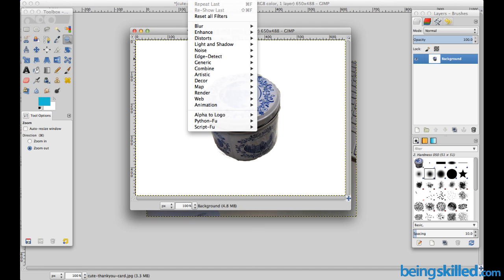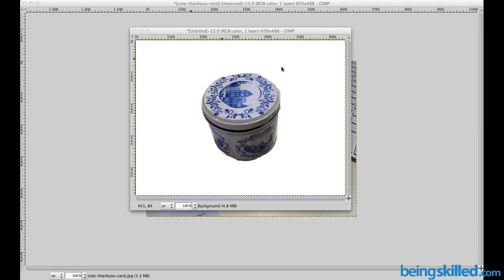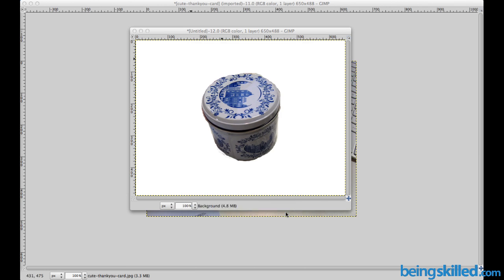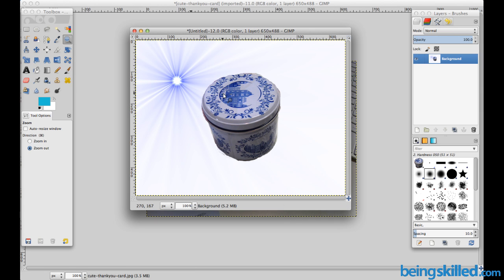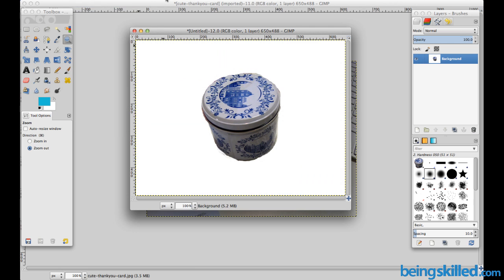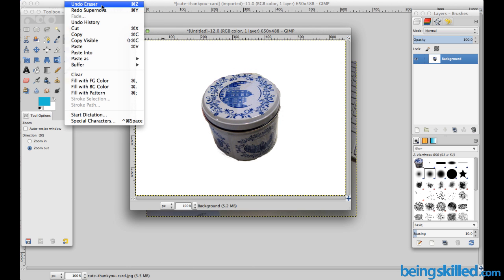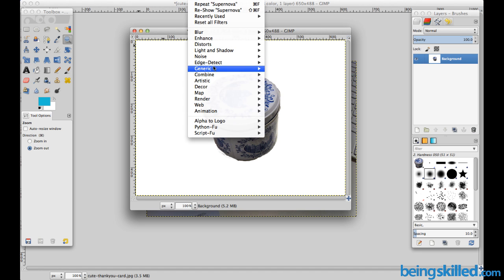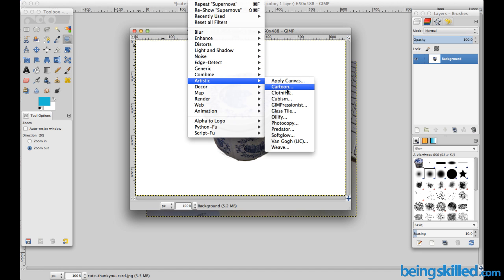we can just go to filters. We can apply various kind of filters. So let's say we want to apply lens flare or supernova. So now just click, and now we have a supernova over here. And if you want to undo it, you can just go to edit and then undo supernova. We can try other filters as well, like